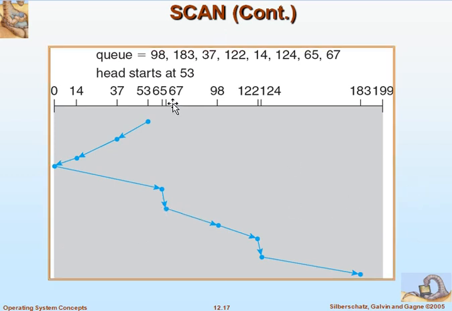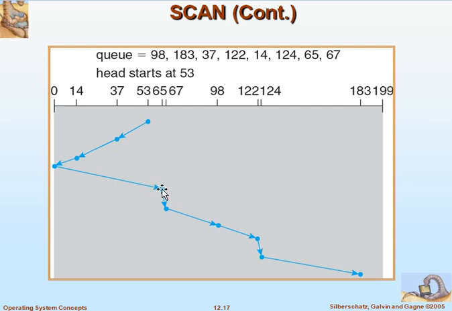First, let us see. It starts from 53, and from 53 it will move in the left direction. On the left we come across 37 as the first request. That request will be served, and then 14, and after 14 we do not have anything, so it will go to 0 and reach the end. After that, it will reverse the direction and look for requests.